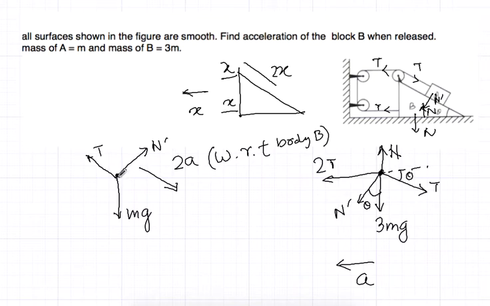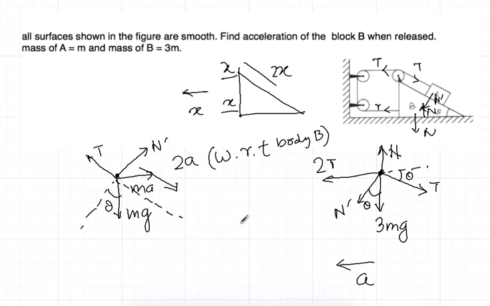And what is the value? The value is m a. Okay, so these are the 4 forces. All right, so we'll go to the equations part right now. Let's take this body first, the first body. Generally we take the axis along the direction where the body is moving. This body is moving in this direction, so obviously we have to take this. So what is this angle? This angle is theta.